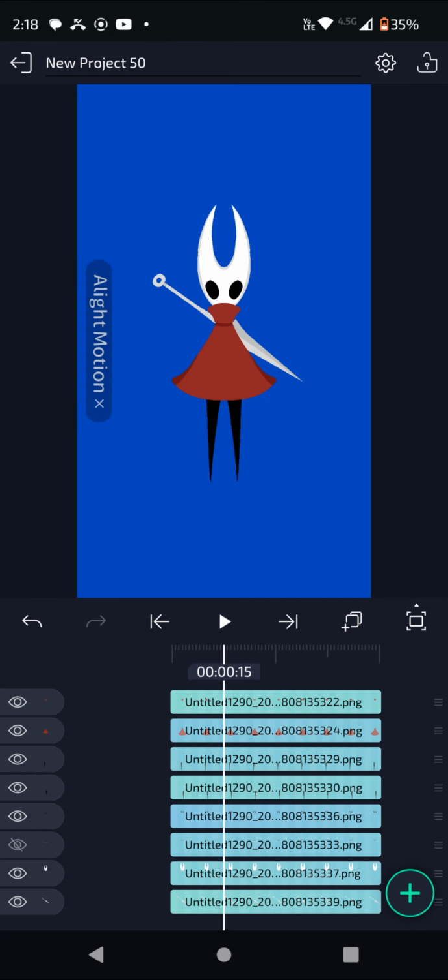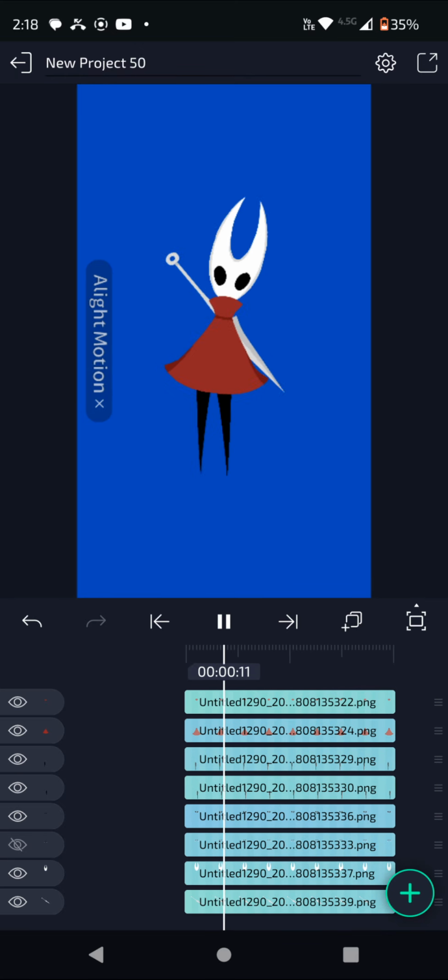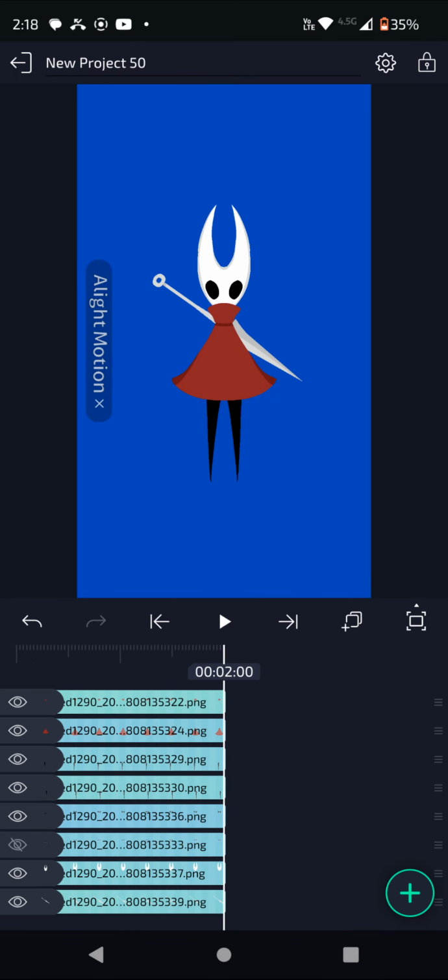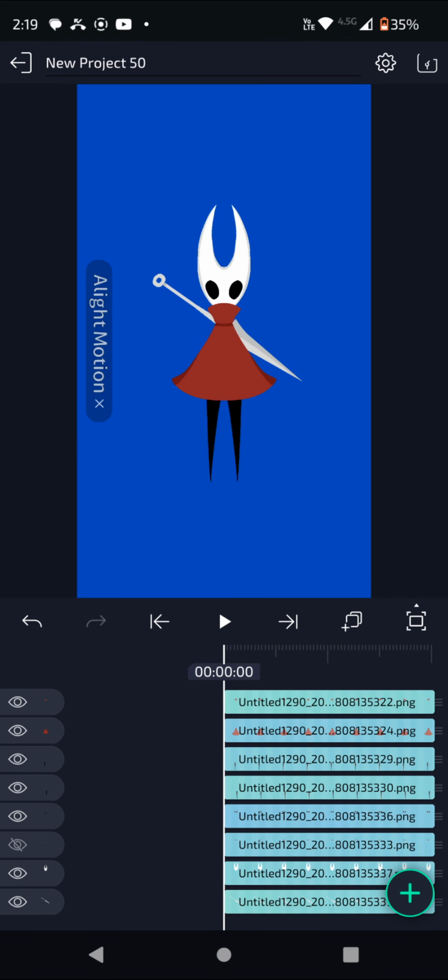So that's a simpler form of animating, but it's really repetitive. Like, she's only bouncing. She can't do anything else. She's just going to be constantly bouncing until the end. So I'm going to show you guys the more complicated form of animating now. What you're going to do, just do the same things as before. So important things: the pivot point, the parenting, all of that. But instead of